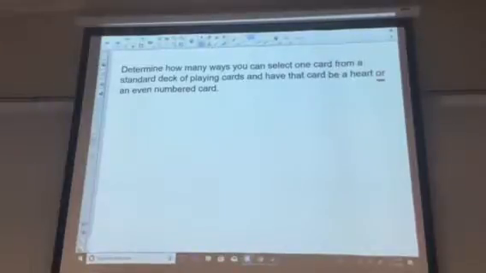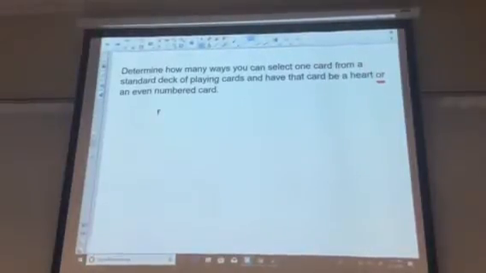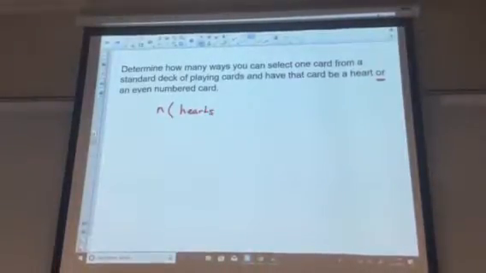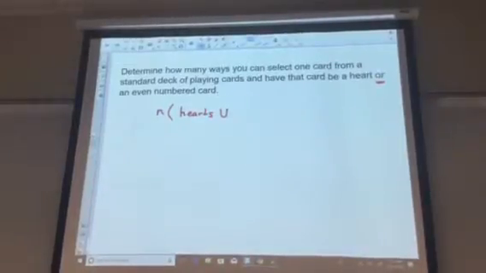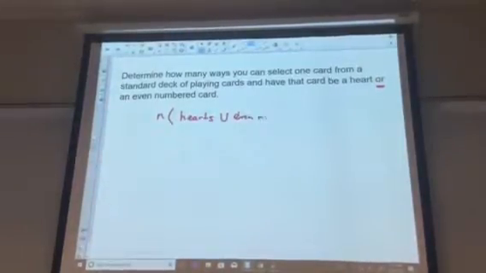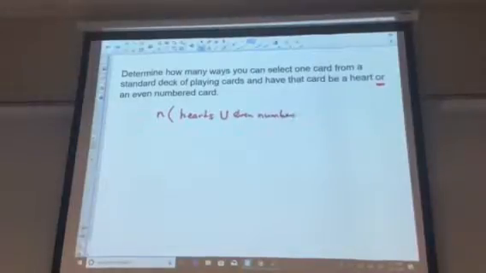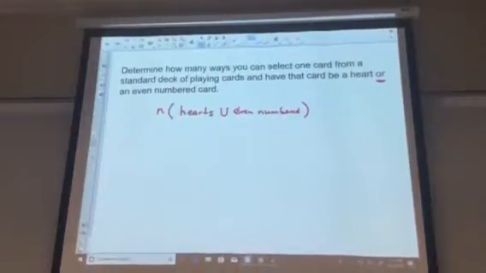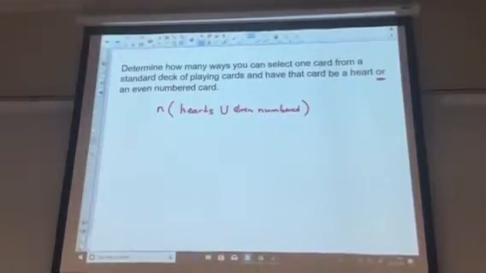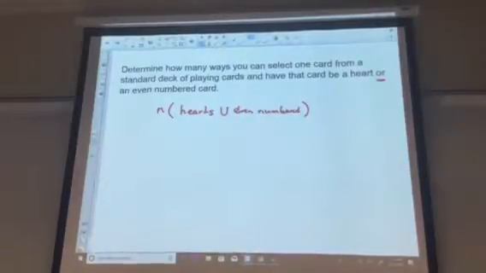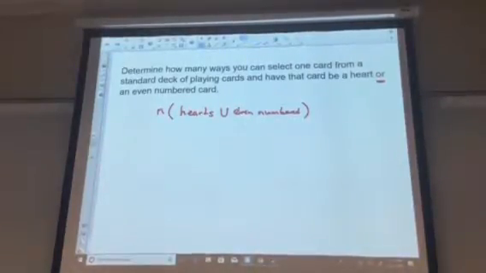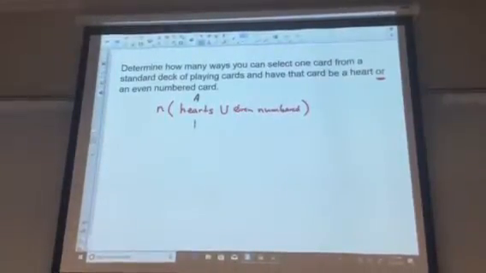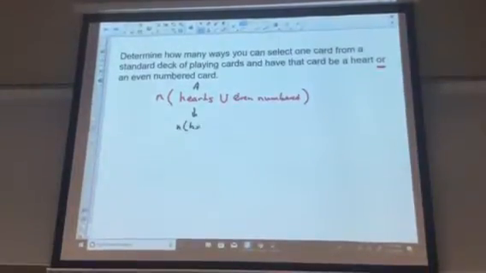And as soon as it involves an or statement, then I'm looking for the number of cards that could be either hearts or even numbered. You might see it not written in words, but written in symbols, where they use some words in there. Two separate possible acceptable outcomes. One of the acceptable outcomes, call it A, would be that I have hearts. So I need to know the number of hearts,